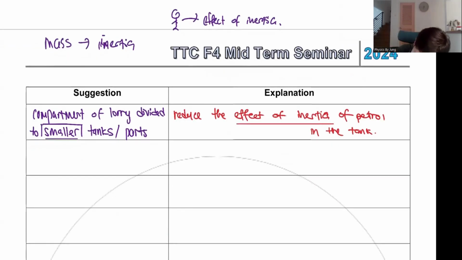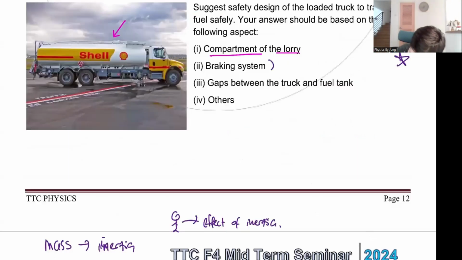Okay. Now, number two, what about the braking system? This one is very important, because in the exam they'll ask you all this braking system stuff. So what should the braking system be here? Okay, I'll give you a hint. It's ABS. But in the exam, you have to write what ABS means. You cannot just write ABS. Later, your teacher asks you why your car must have ABS. So why?